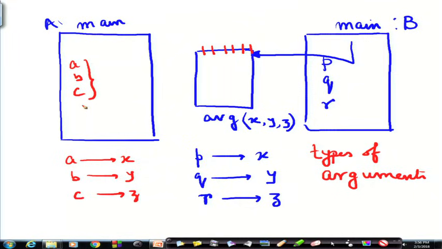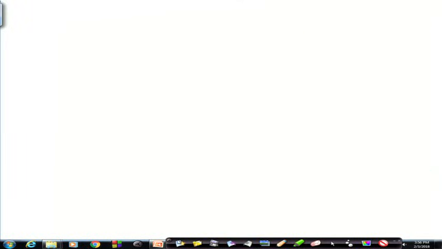So, let us take a little deeper look here. Suppose I have got a main function here.